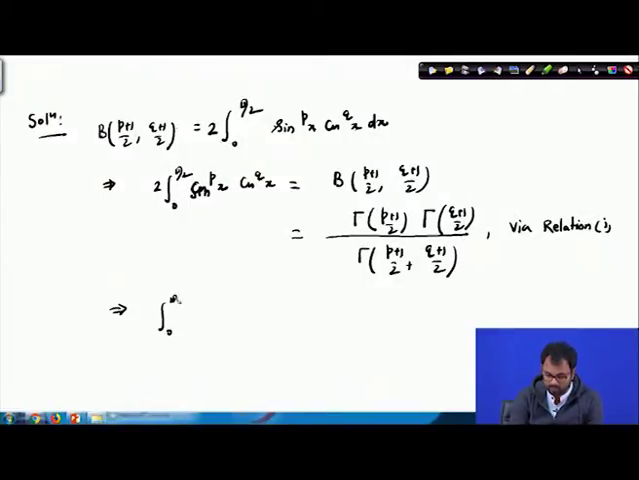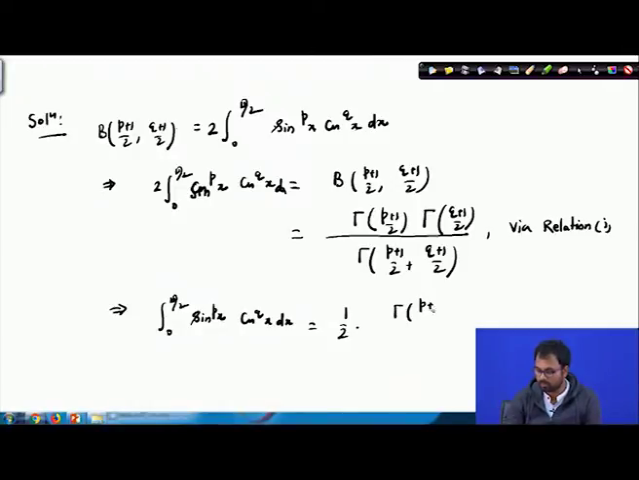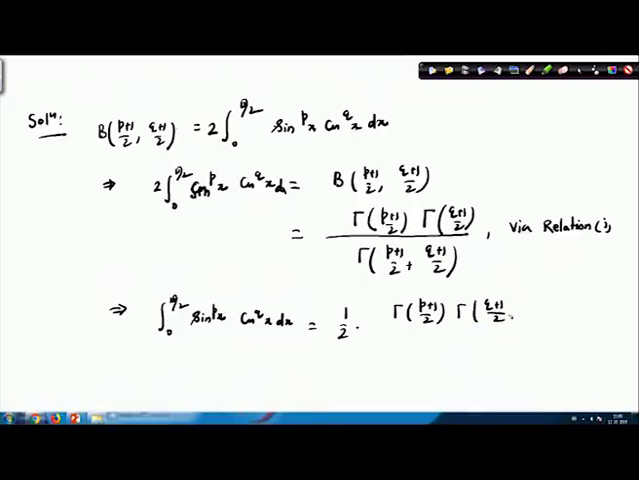integral from 0 to pi/2 of sin^p x times cos^q x dx equals half times gamma(p+1/2) times gamma(q+1/2) divided by gamma(p+1/2 plus q+1/2). So this is the required relation, and here we know that gamma is defined for